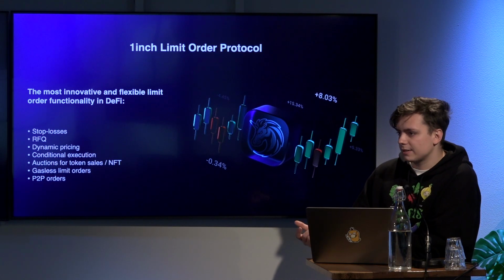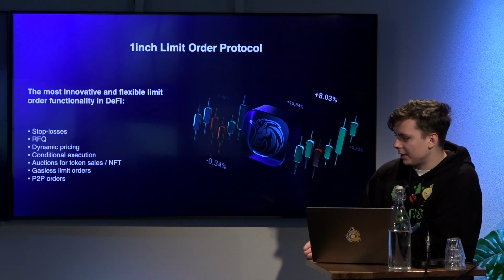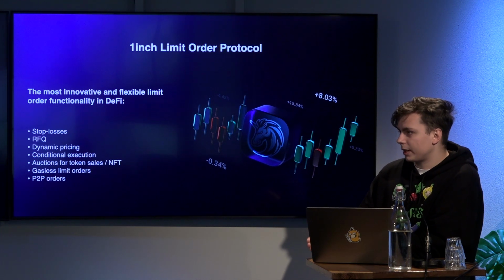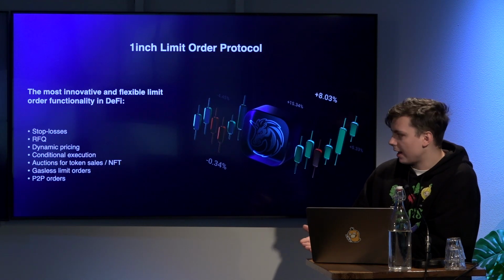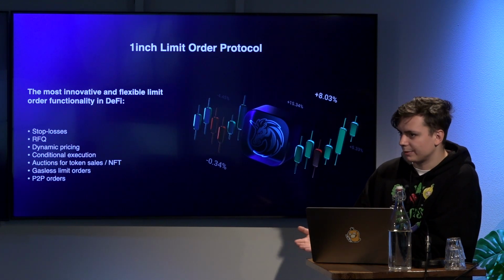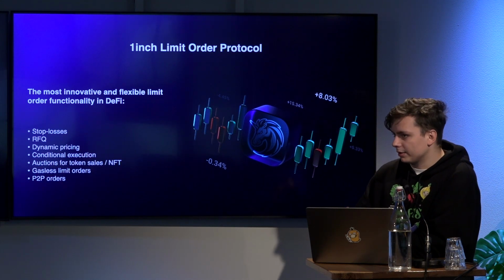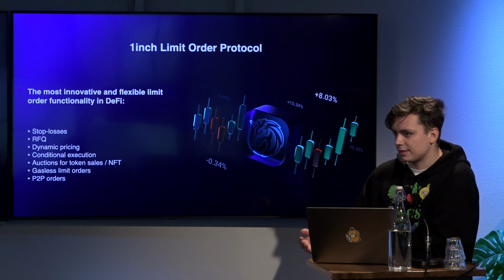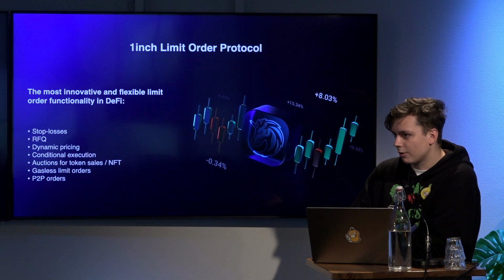There is no price guarantee that it will be executed. But if the price is quite okay, for example, if you make an order right now for 1,700 per Ethereum, somebody will execute it because it's quite profitable for that party. So there are a lot of features that you can build on top of limit order, but the most important is that it's well optimized, it's quite efficient, and we have about 80% of volumes going through our limit order